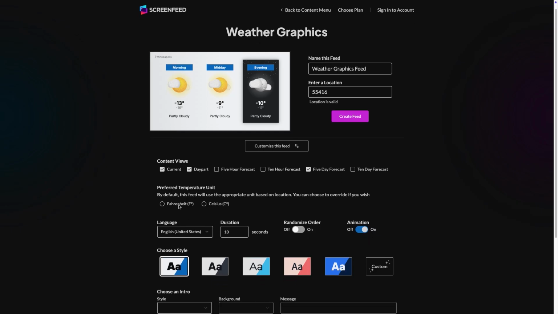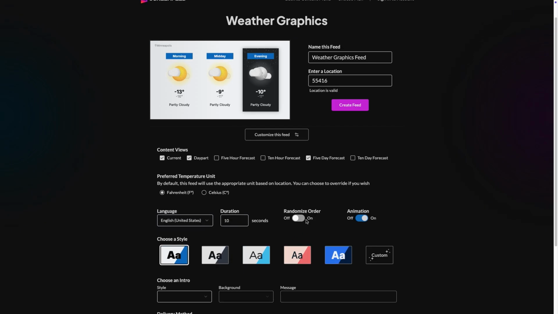Set your language. Set the duration for each content view. Default is 10 seconds. Randomize the order of content views. Enable or disable animation. Choose your style from the preset style buttons or further customize by choosing the Custom Style